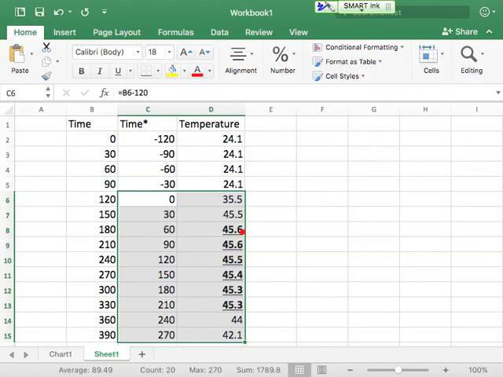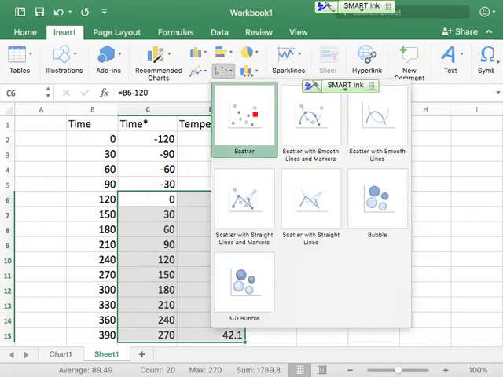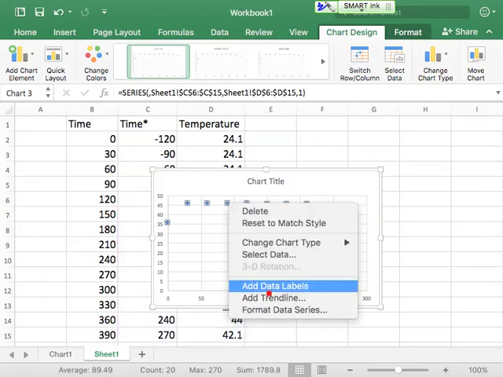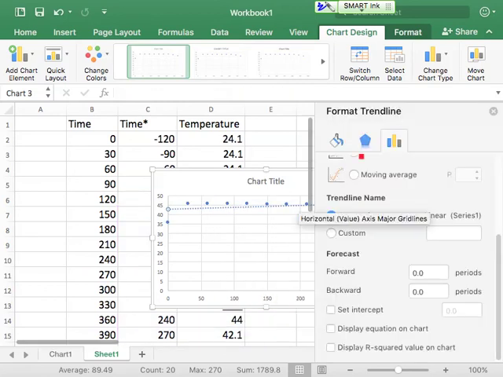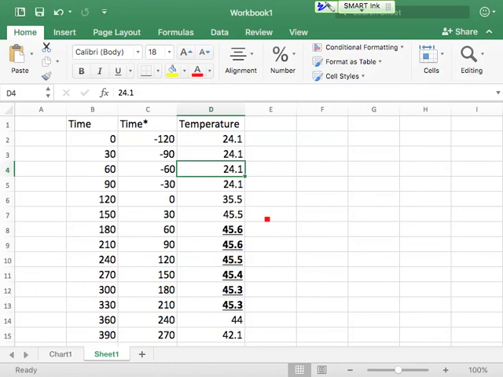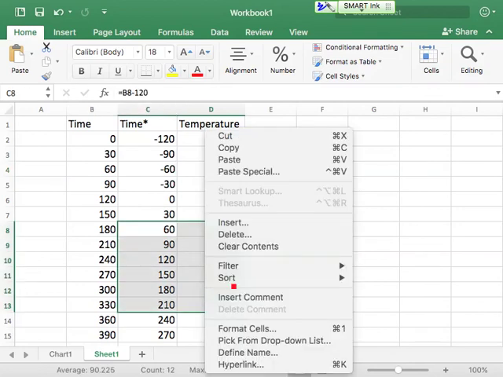Now, we're not going to extrapolate all the points. If we were to include all of these points, you would see we'd get a very weird line. In fact, we can see that right here, so we're going to insert a chart just to show us. Right, this line, if we were to draw a trend line on this line, you'd see that the trend actually decreases and goes down, and so that wouldn't give us a meaningful value over here. What we want to do is include only these points. So let's